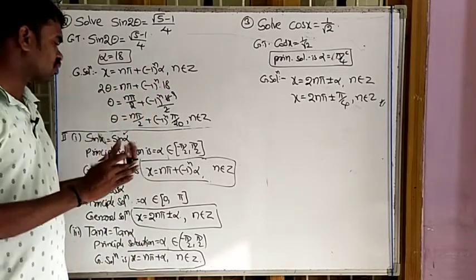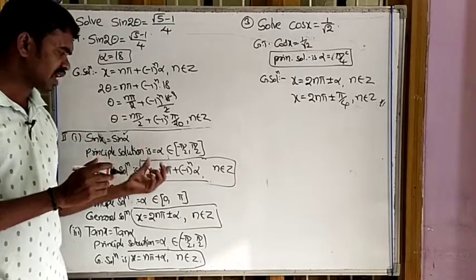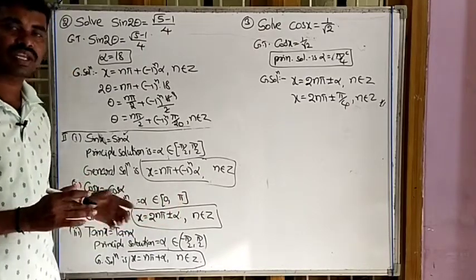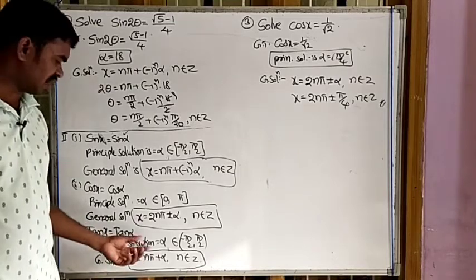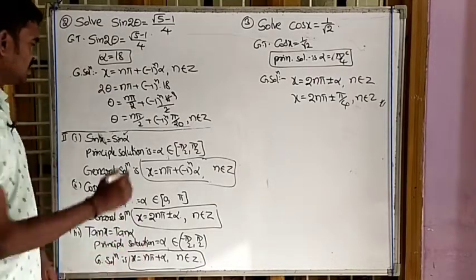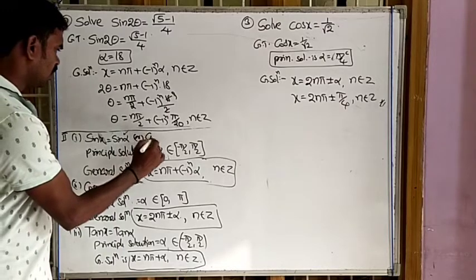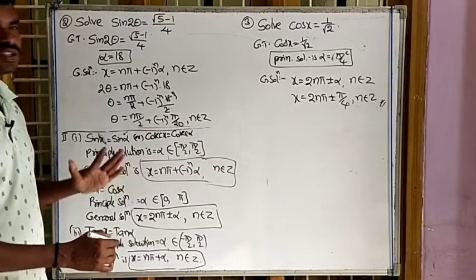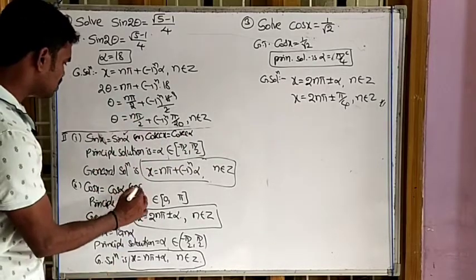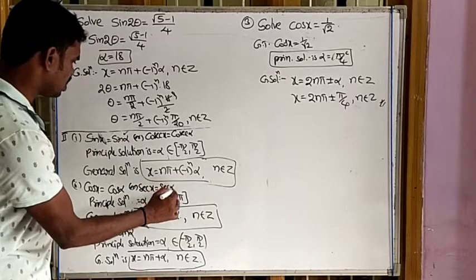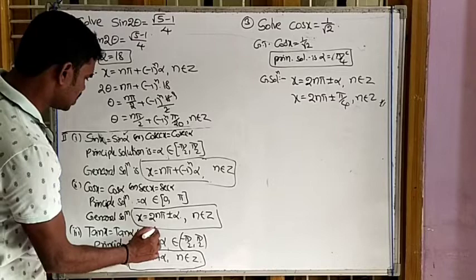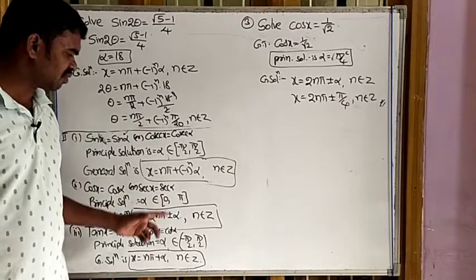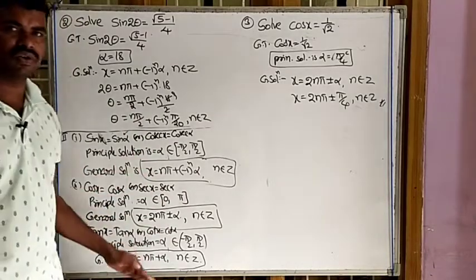Again I am saying, for cosec x is equal to cosec alpha, use the same formula. For sec x is equal to sec alpha, use the second formula. For the remaining, cot x is equal to cot alpha, use this third formula. Okay, again I am saying, please note down: cosec x is equal to cosec alpha, same formula, same domain, same solution. And sec x is equal to sec alpha, same. Or cot x is equal to cot alpha. Okay. If you have any doubts on these three formulas, don't worry, you just follow. You will know the